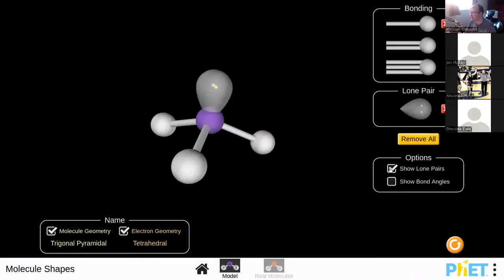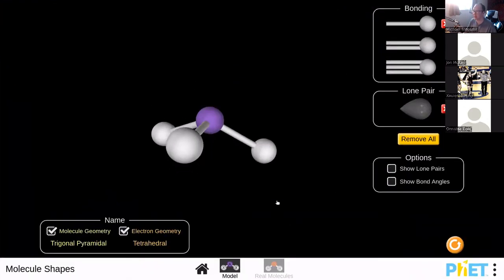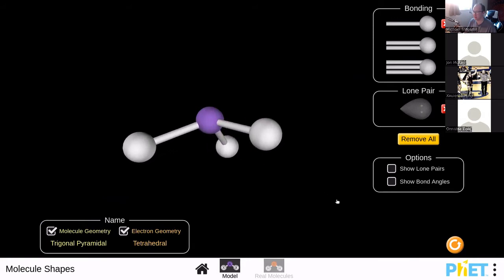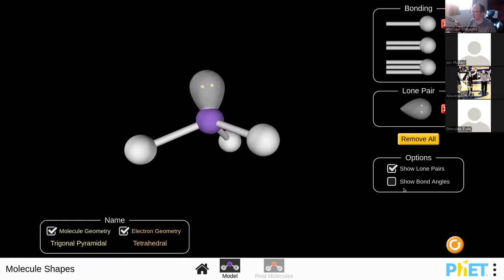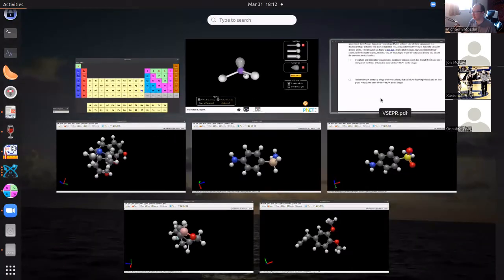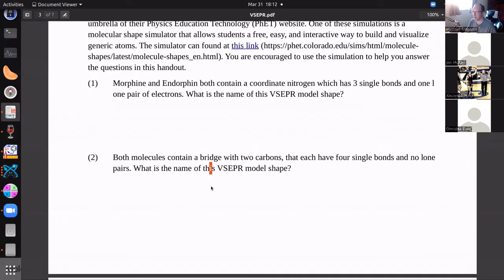Oh, can I turn this off? Oh, yes, I can turn that off. This would be like what you would consider for the molecular geometry. Okay. So